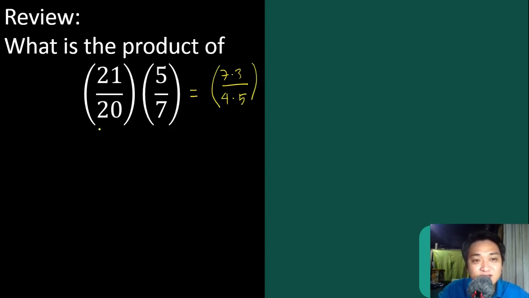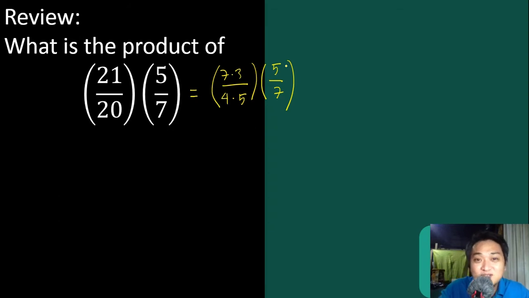Okay. So, nagbago yung fraction natin. Yung 21 over 20, naging ganito siya. And then, let us copy. So, ang ginawa natin, finactor lang po natin. And then, we will copy 5 over 7. In this manner, instead na i-multiply natin yung numerator and denominators, we simply factored 21 and 20. And then, we are going to use cancellation para hindi na natin i-multiply yung mga numbers kasi lalaki lang